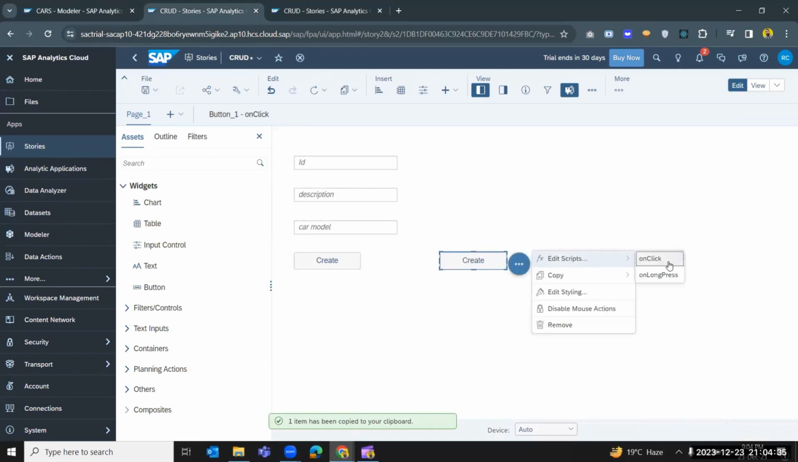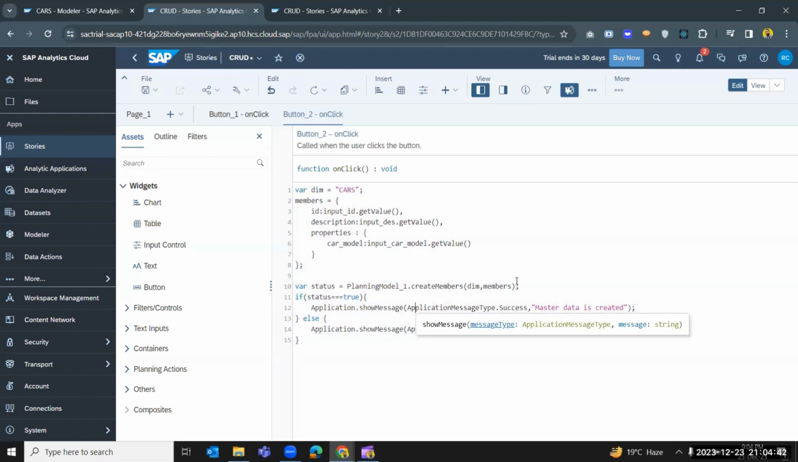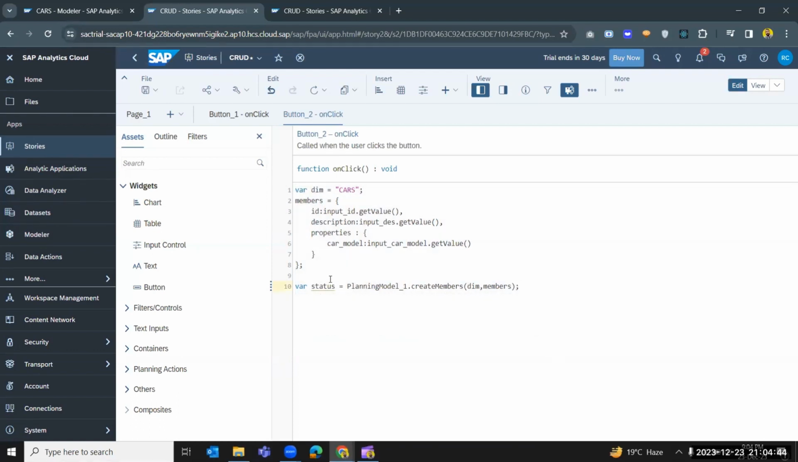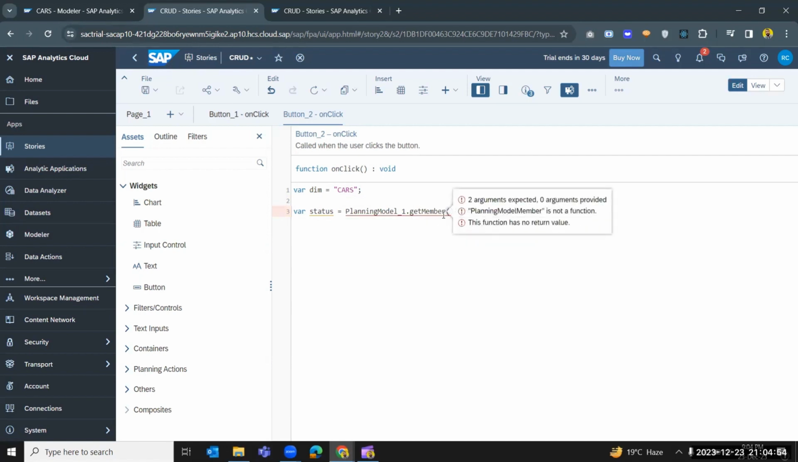Come to here. Now for getting master data, first of all you have to give the dimension name, and the function should be get number. In this function, the first parameter should be your dimension name, and the second will be your ID. So for example,